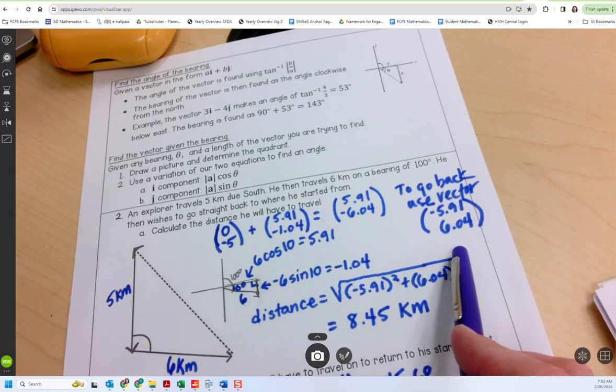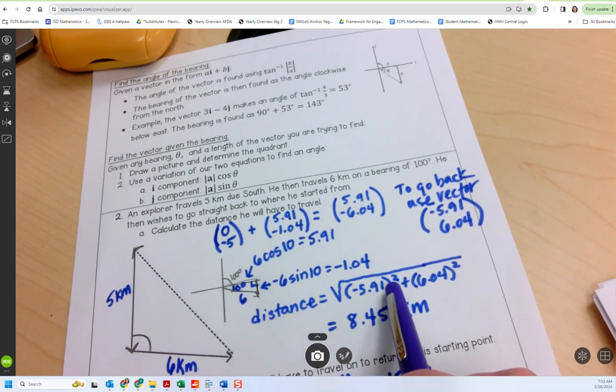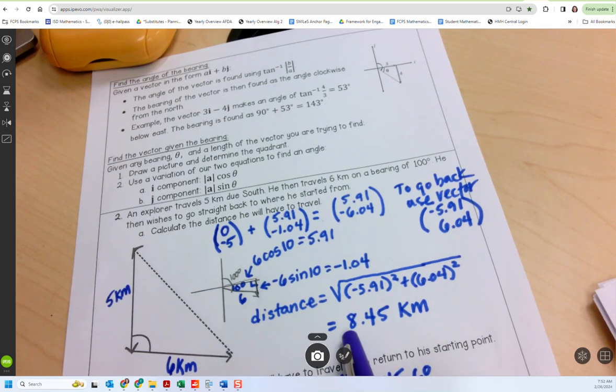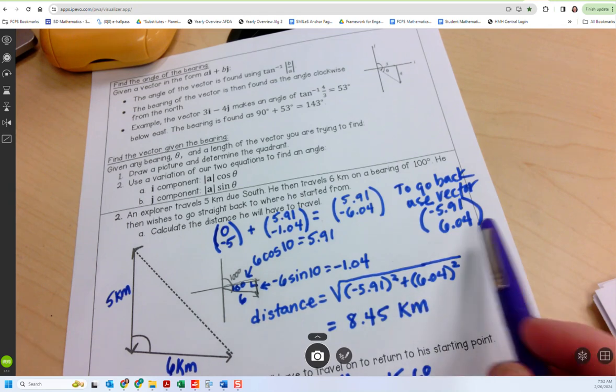Now to find the distance, we're just going to find the magnitude of this vector, and so we're going to do the square root of the x term squared plus the y term squared, and you get 8.45 kilometers. Now the bearing that he has to travel, we are going to draw this vector,